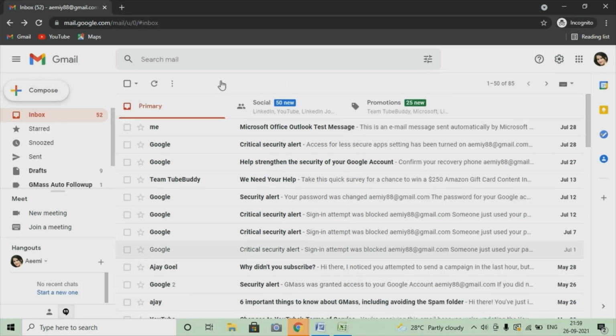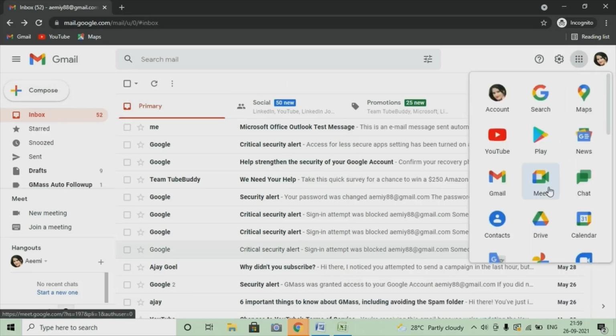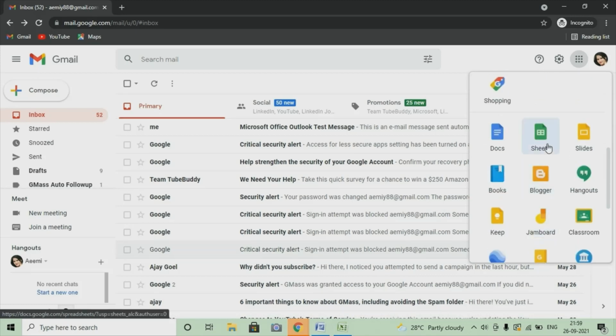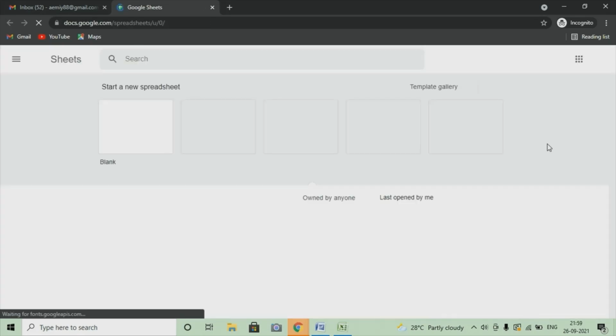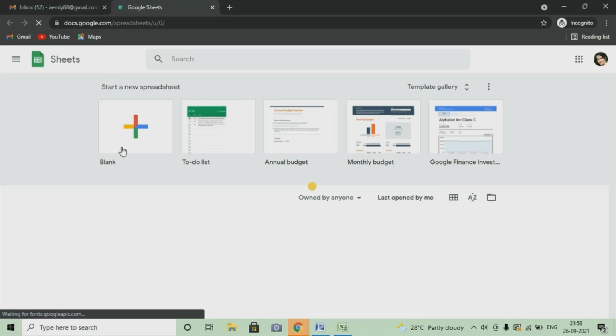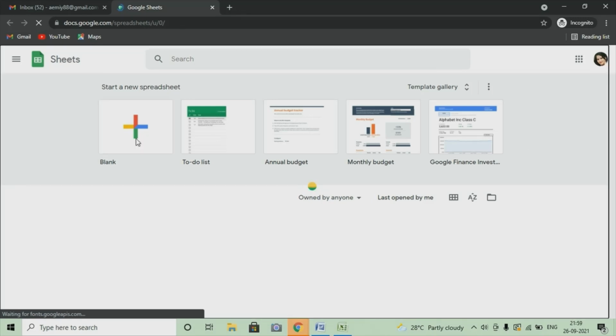So you have to open up your Gmail and the Google Sheet or spreadsheet of that email. You have to take a blank spreadsheet.